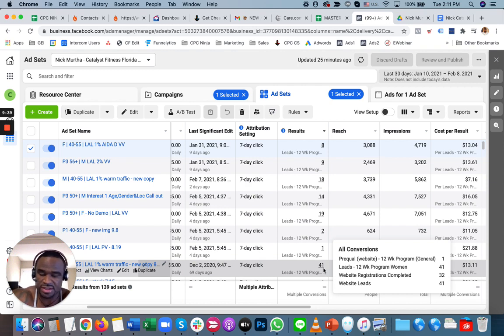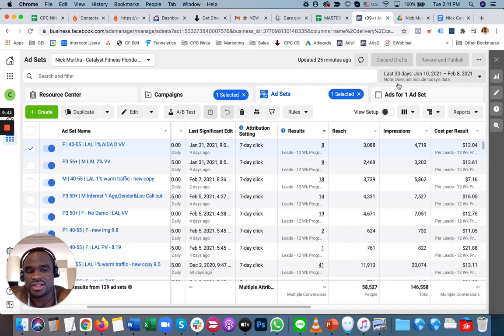And this is all within the last 30 days of January 2021. So you can see it's a stable lead cost that he's getting due to the formulas that we're creating, even in a semi-depressed market